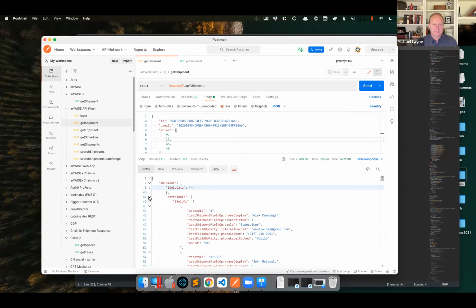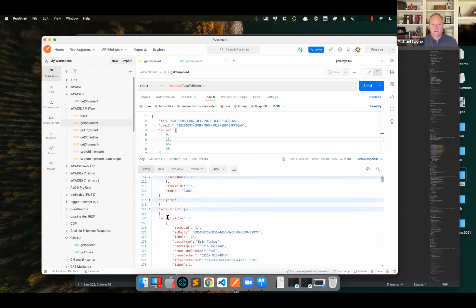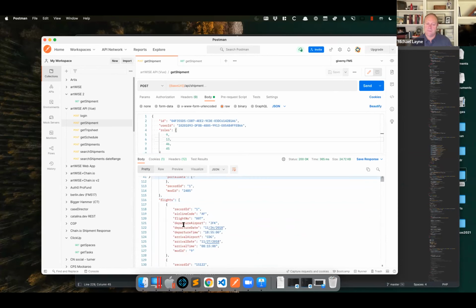you'll see that besides the portal data that's still there, now we've got flights, activities, all these things that we talked about. And notice in my flights array, record ID, airline code, flight number, department, we've gotten rid of the field, the table names and the double colons. So